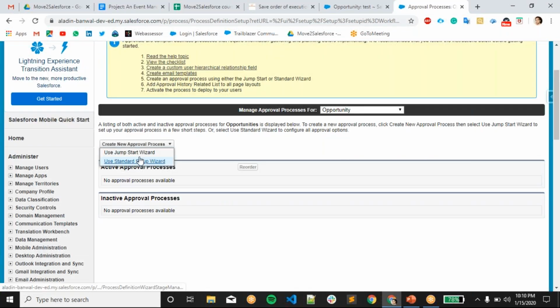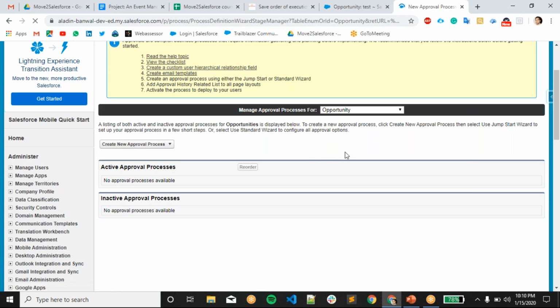So this is the simple jump start approval process. This is the automatic thing, and we are going to give our criteria and things. Just use the standard setup wizard.